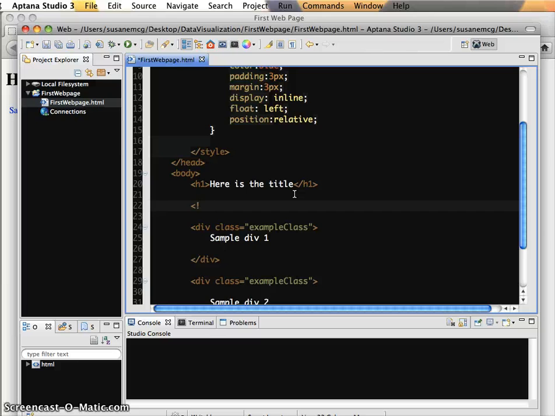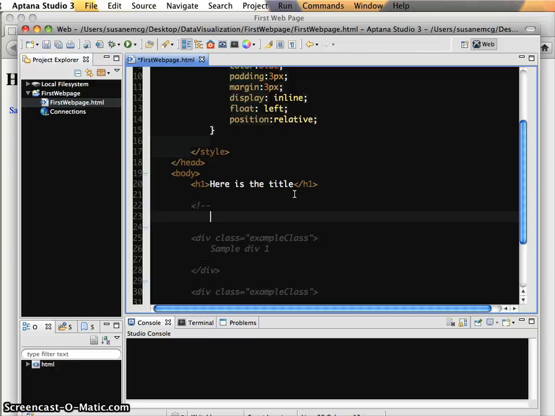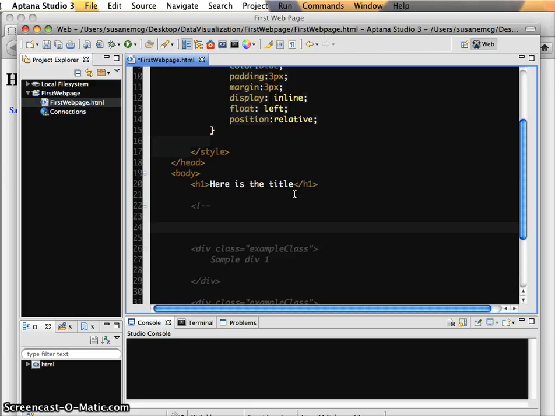So again, our format for comments is caret, exclamation point, dash, dash, and to close that comment, it's not exactly the same. It's dash, dash, and the close caret. And I'm going to say, I am using the display, color, margin, and padding properties. Now for your assignment, what we've asked you to do is actually look at this web page, look